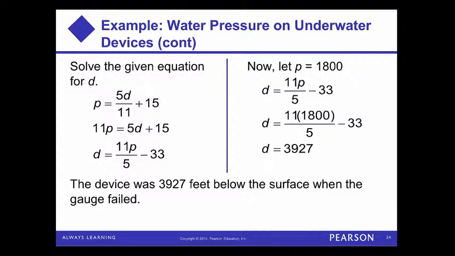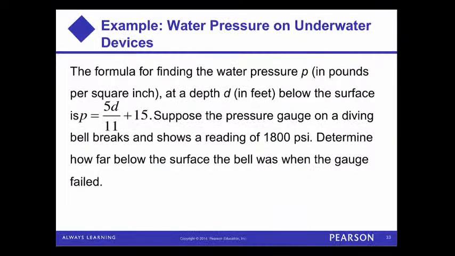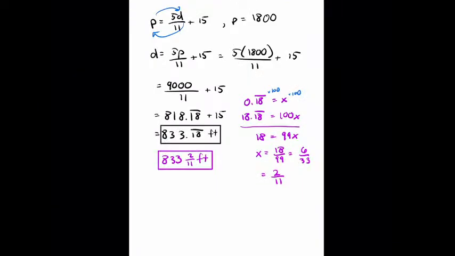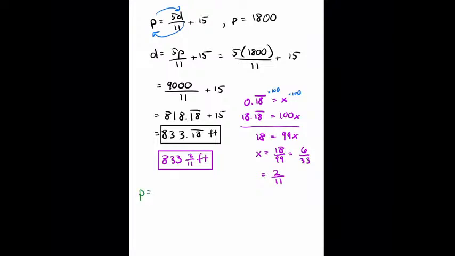Let P be 18 when the gauge fell. 39.27. Give me a moment. The pressure. Something is off. 5D. Let me solve for D. Let me try their technique of solving for D. I'm going to do this in this dark green. So now if we have P equals 5D over 11 plus 15, and if we solve for D from there,